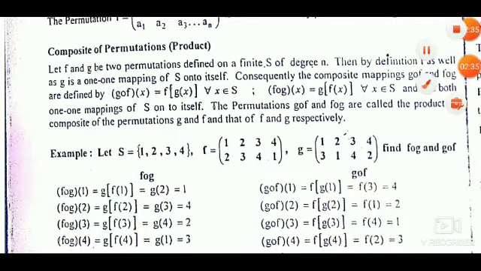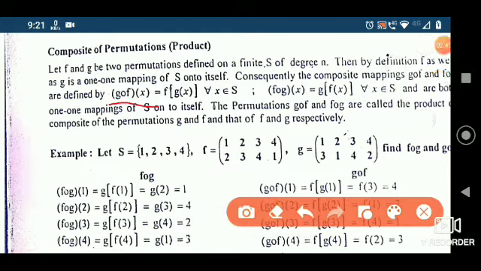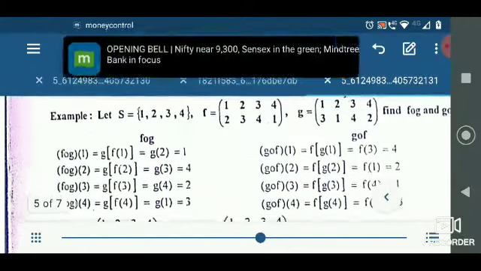So how is it defined? Just see here, g composite f of x means first you have to take g of x. If g composite f, first you have to take g of x, then for that you have to take f of g of x. Or first take the function g on x, then for whatever point you get, you have to take f. We'll see the example, you will understand there. Okay, so see the first example.